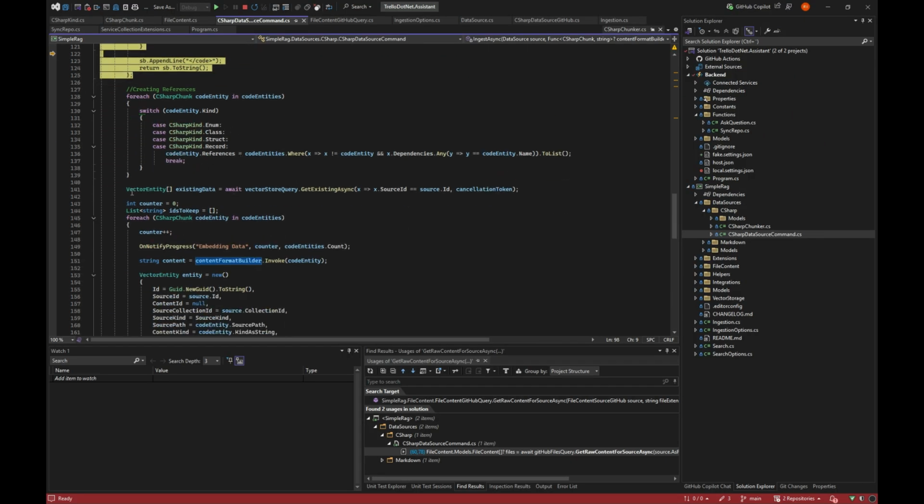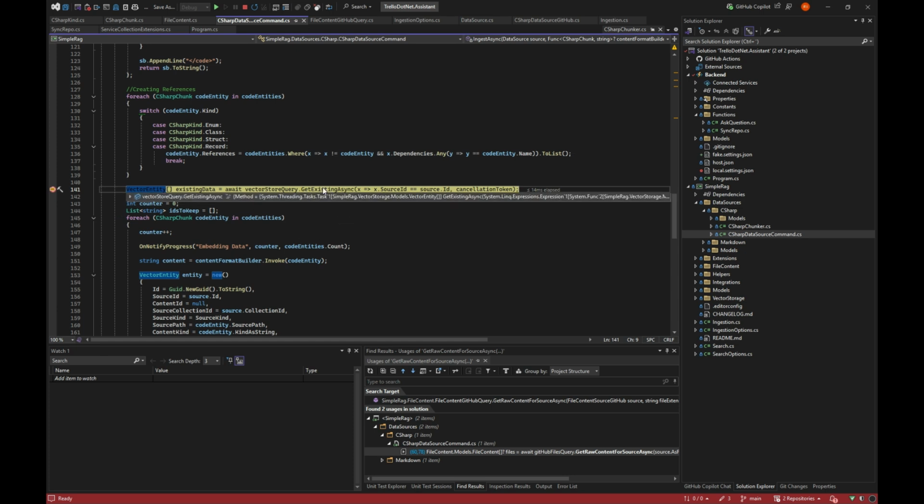So in the end, we end up with all these code entities that we need to check if they already exist in the database or the vector store. So in this case, we have a small get existing async.